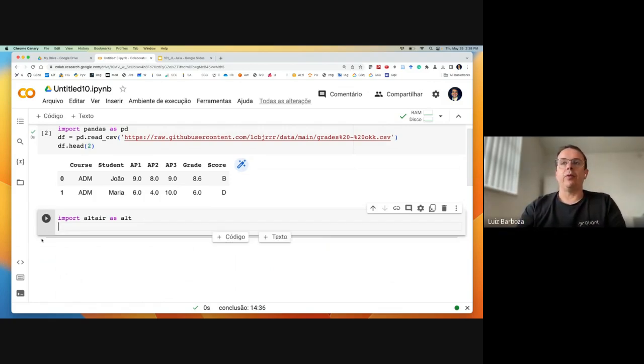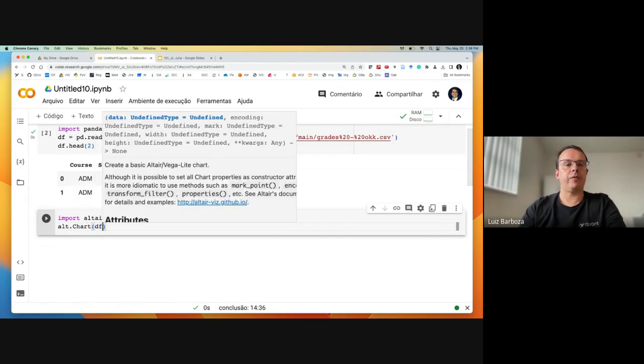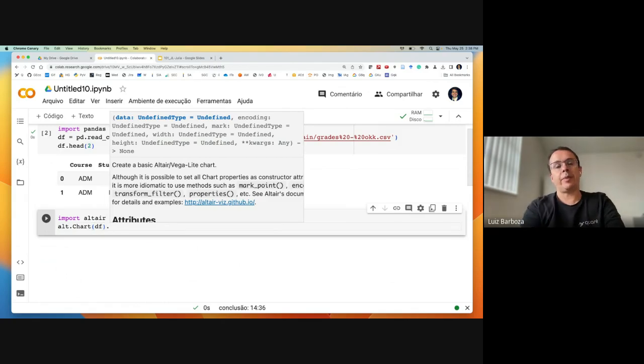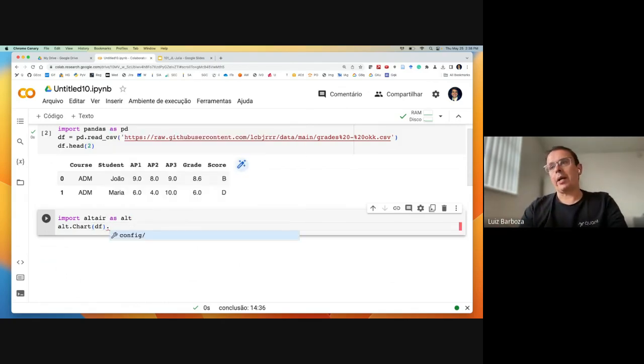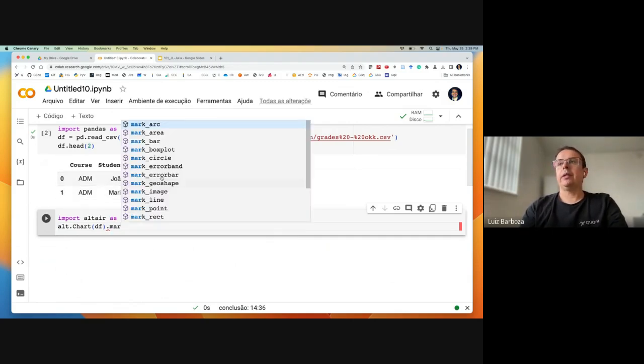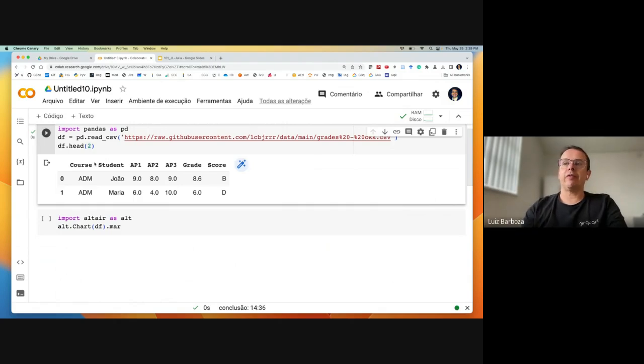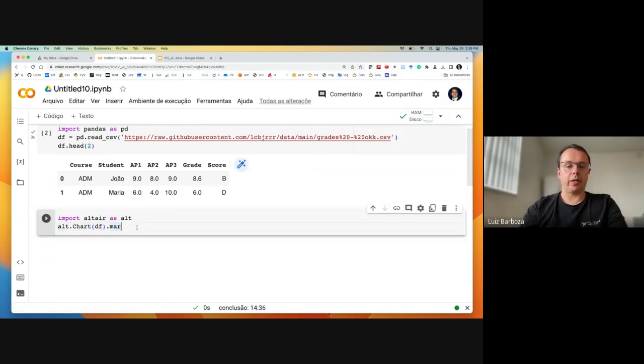But anyhow, in the whole process, I can use a reference for the Altair library that I just imported, rename it, and you say that you want to start based on what data set. Our data set, we call it df, right? And the next step is to define what they call the marking. And again, ggplot calls it the geometry. So if I want to compare the students' grades, a very good graph to do comparisons is definitely a bar chart, right? So I can use here a marking of a bar chart,